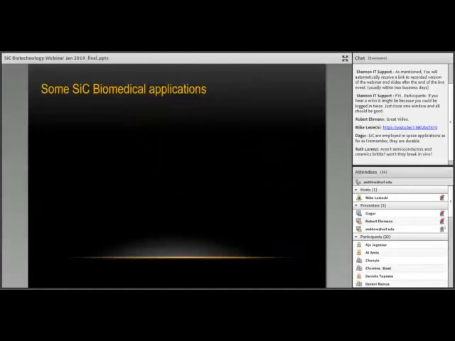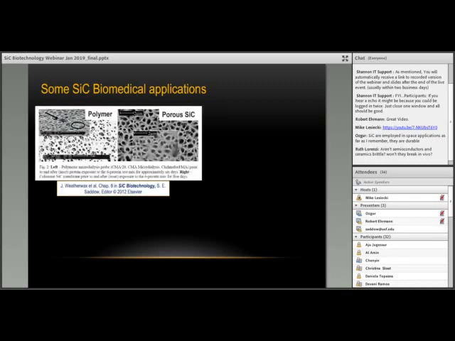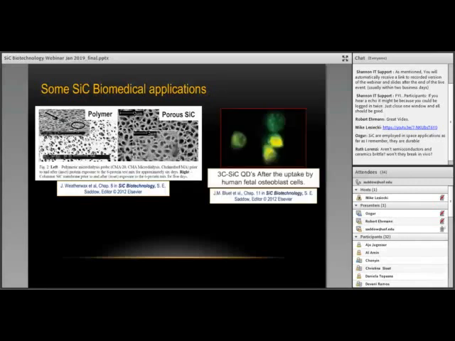So let me continue on to this part of the discussion. Some of the work that I was involved in is shown in the next slide, which involved microdialysis using porous silicon carbide. These are very nice non-fouling pores that can be used for microdialysis in the body. Getting into the nano area, very nice cubic silicon carbide quantum dots to use as fluorescent markers for in vitro